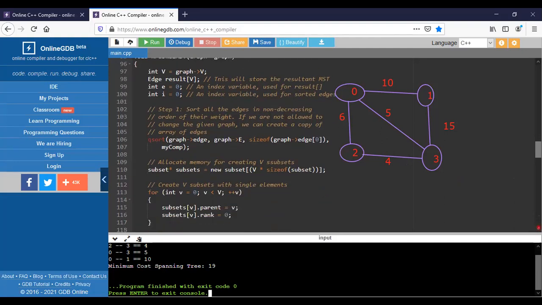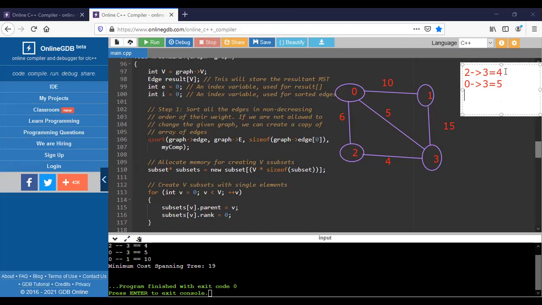So we need to sort the edges here. First, we need to sort the edges. So what are the values here? First the value is 4, so 2 to 3 equals 4. And then the next value here is 0 to 3, the value is 5.